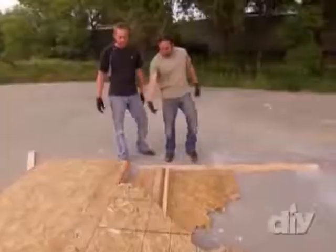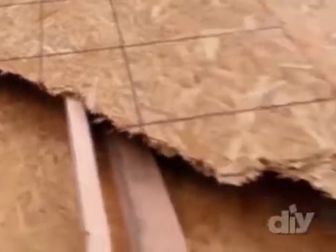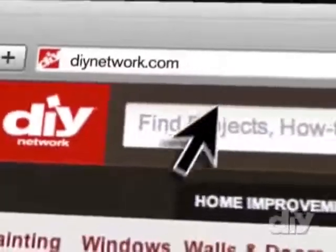But interesting, it ripped right down the middle of that OSB. It's code for a reason. Let's take this thing on the road. Yeah, let's take it downtown. You might be surprised to learn that in an earthquake, wood-sheathed homes fare better than masonry and steel because they have a little more give. For more deconstruction,